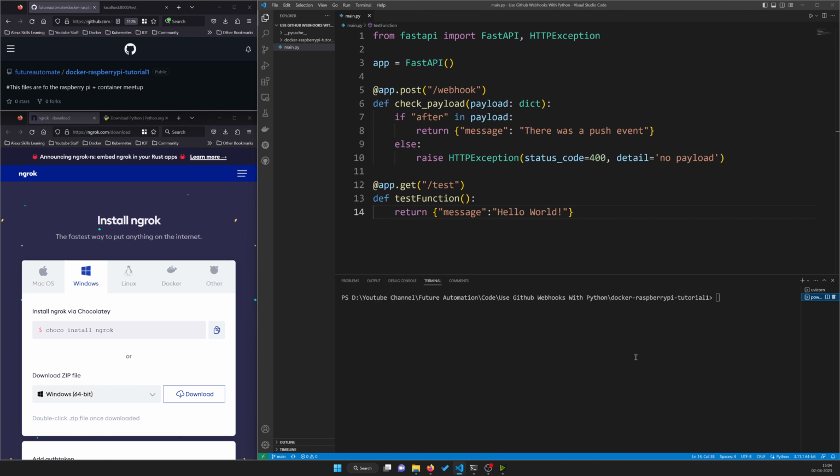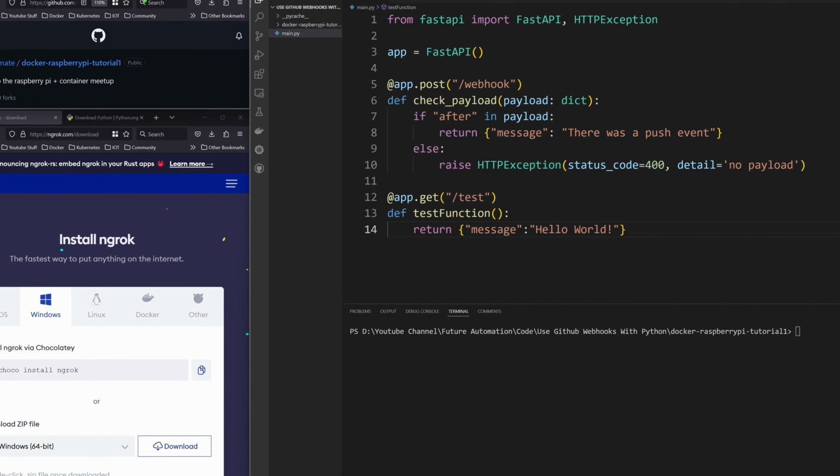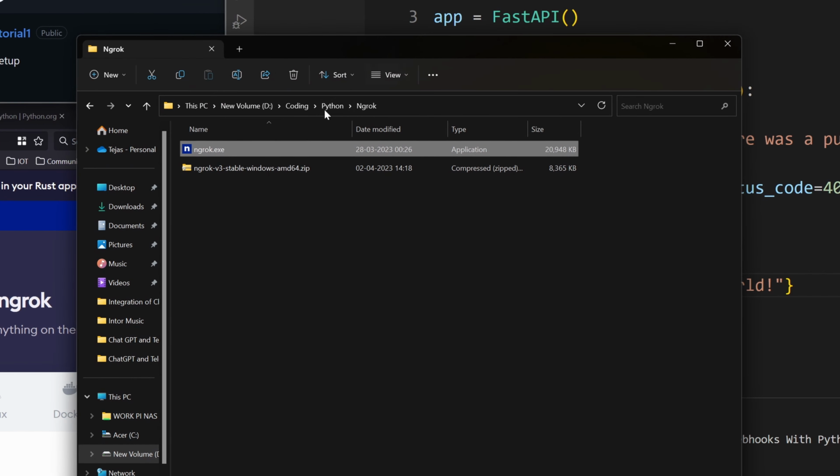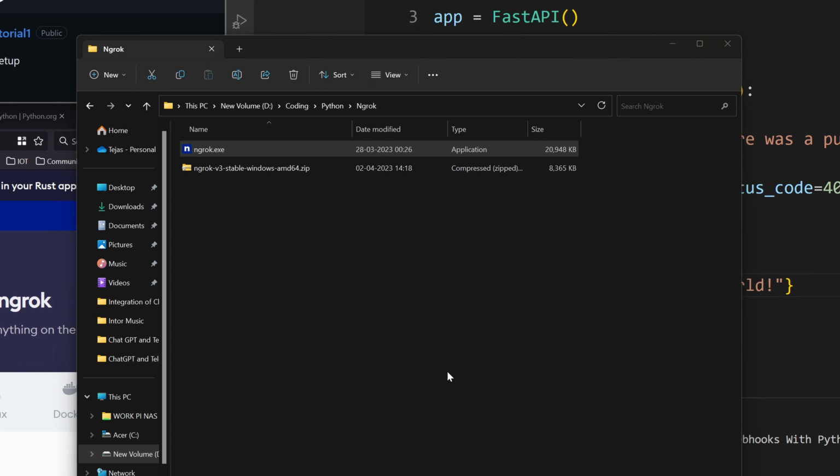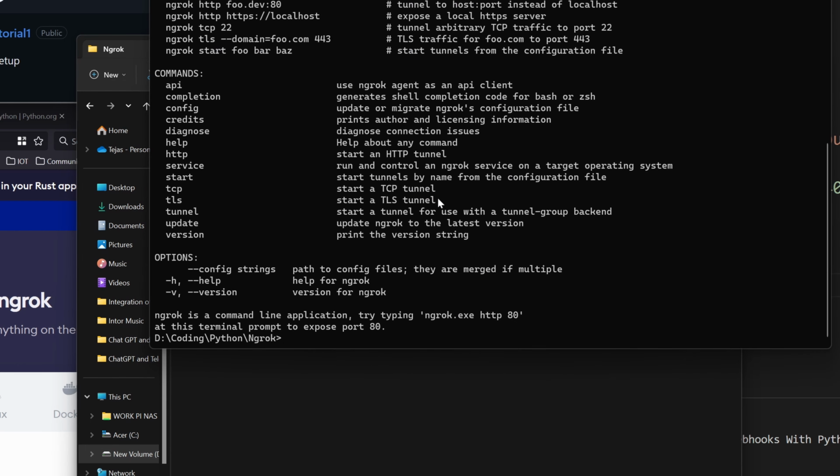Let me show you that quickly here. Although we cannot do it here, we need to do it in the ngrok window, which will open once you open the exe file. So let me show you that as well. Maybe we can do it there itself. If I open the ngrok window, you can see here the ngrok window has opened, and here what you need